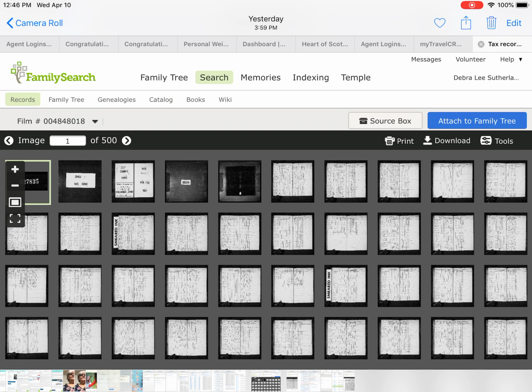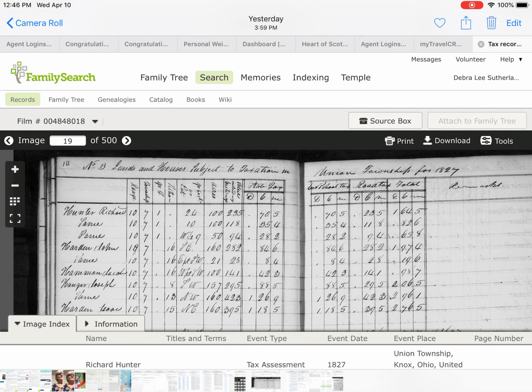Don't fret. You don't have to figure it out from this point. Once you click on one of those thumbnails, it'll bring it up as a full picture for you to view. So see how cool it is to see that picture of that record. So this tells you, this says lands and houses project,